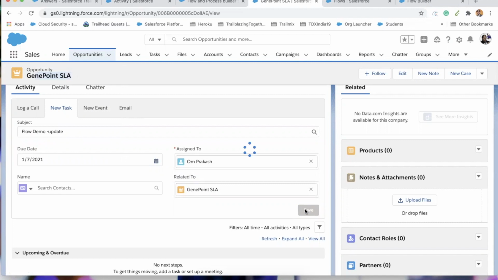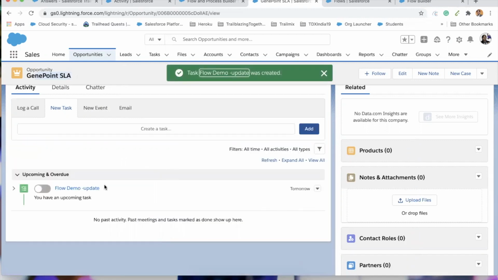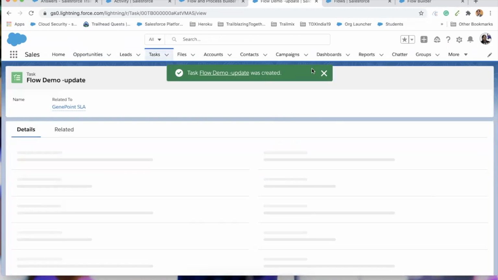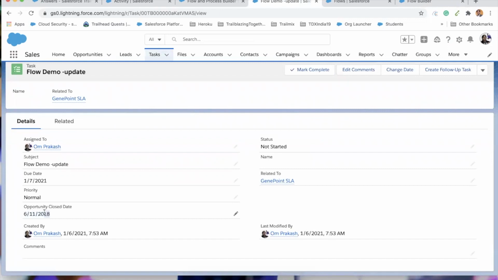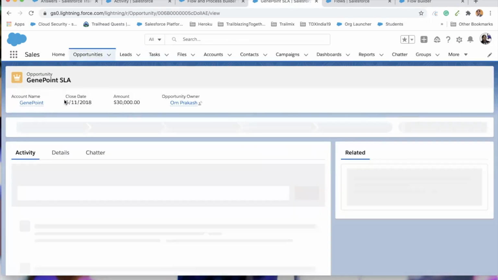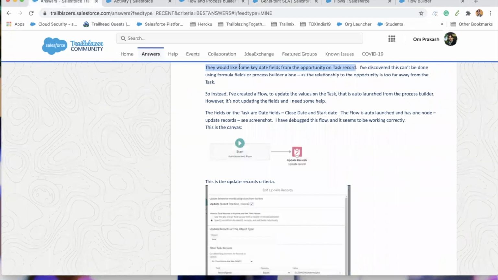Save it. And on the task, let's go to the task. Awesome. We have the opportunity close date coming from the opportunity close date field on the opportunity. Yes, this was the primary requirement here.